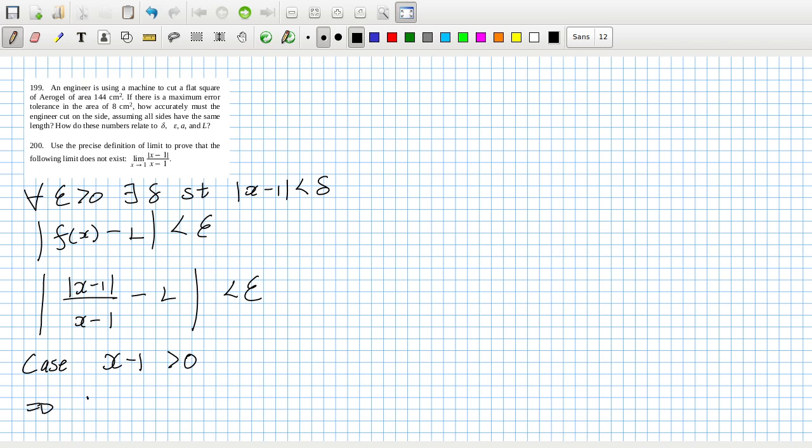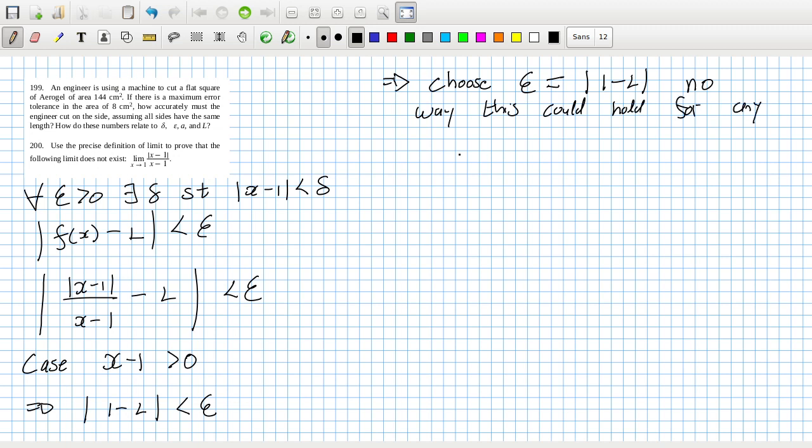That would mean we'd get absolute of 1 minus L less than epsilon, which should mean then that, oh yeah, that we can choose epsilon to equal just modulus of 1 minus L, and there's no way this could hold for any x,